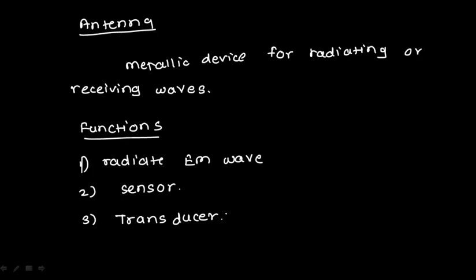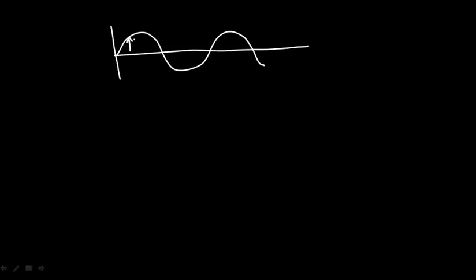Now the next one is why the antenna is called a transducer. Because I can say it is a transducer between a free space and the transmission line, or you can say the antenna is a transitional structure between the free space and the guiding devices. Suppose I have something like this. So I'm just taking the example of a very basic dipole antenna. Suppose I'm giving something here. ये आपका input आप antenna को दे रहे. This is nothing but the input which I am giving to the antenna. So these are nothing but the waves, electric waves, like electric field.